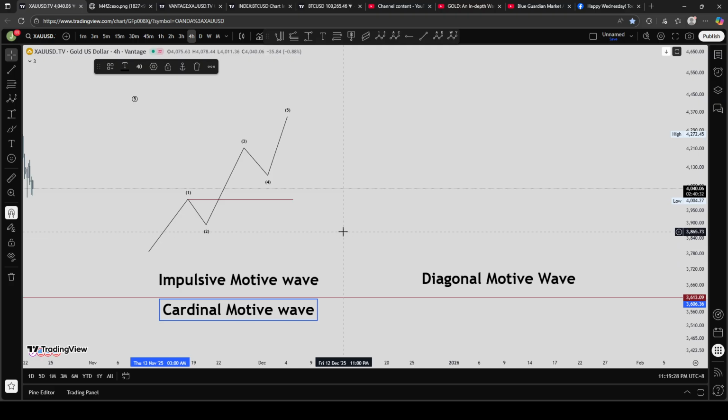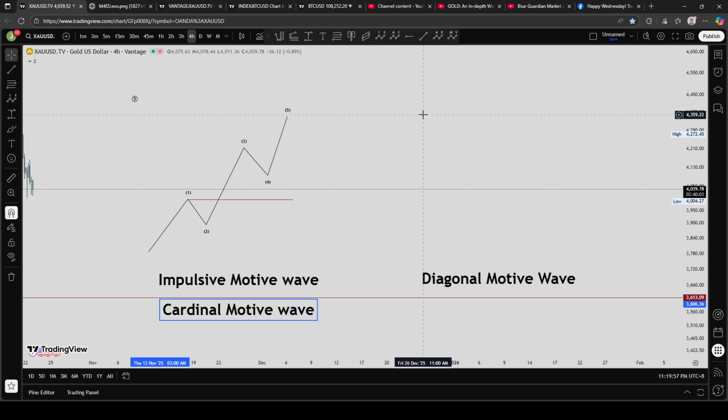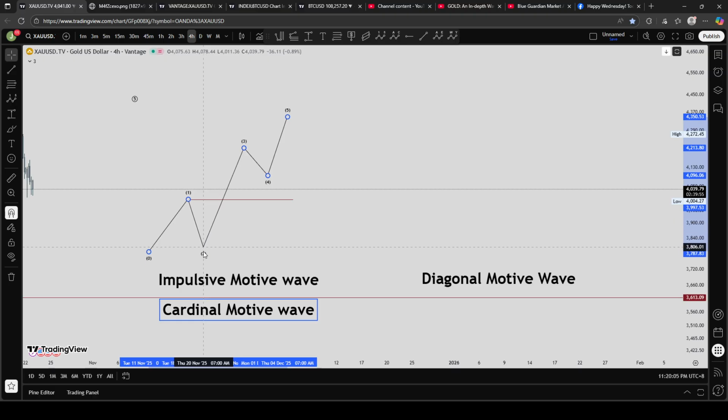If we use the term cardinal literally as its meaning, then one may interpret it as cardinal rules, meaning sacred rules of Elliott wave theory. But the reality is that Ralph Nelson Elliott originally called the impulsive motive wave the cardinal motive wave. That's why the three cardinal rules of Elliott wave theory state that number one,